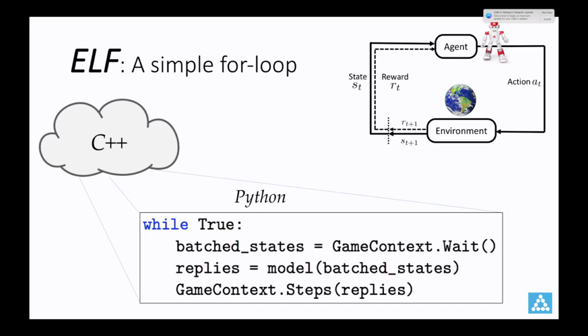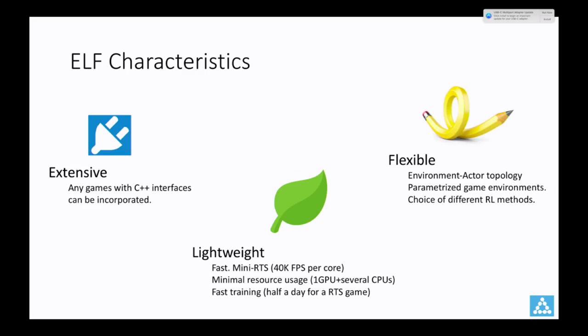So in this talk, we propose ELF, an extensive, lightweight, and flexible framework that makes a practical reinforcement learning system easy and manageable. For this, ELF puts all the implementations and detailed design into the C++ side, leaving the Python side a simple and easy for loop. This is as advertised in the textbooks that we have all been reading. Moreover, each time the Python side returns a batch for a neural network model to operate on, to improve efficiency. There are three important characteristics in ELF.